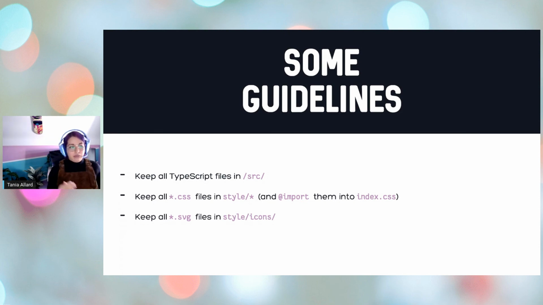Keep everything tidy in place. For example, I prefer using Sass for style sheets, but you do need to have all your style sheets in CSS. So what I do is compile Sass, generate CSS files, and make sure that everything is in style, that you're using the import, and that you're importing them directly in index.css, because that is going to create the whole